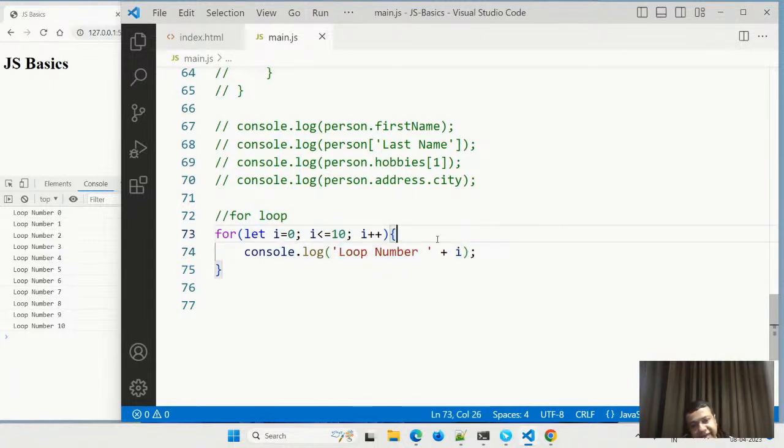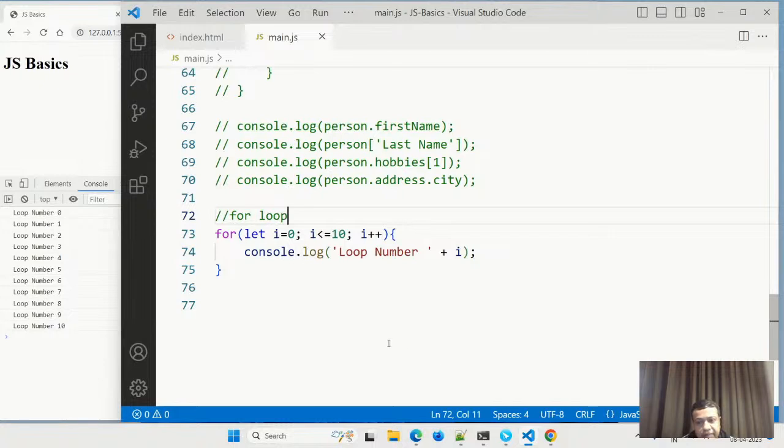Then it comes up again, not from the left-hand side but from the right-hand side, and i++ is done. i++ is a shortcut for i = i + 1. So i + 1 it will do, which will become 1. Is 1 less than or equal to 10? Yes, it is true. So it will come down and print 1. Similarly, next time it will go again from the right-hand side.